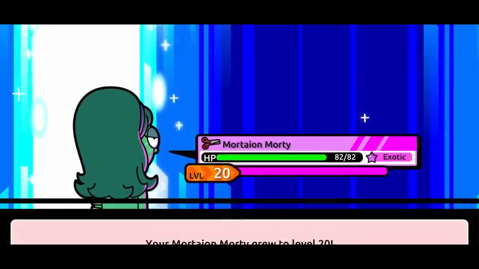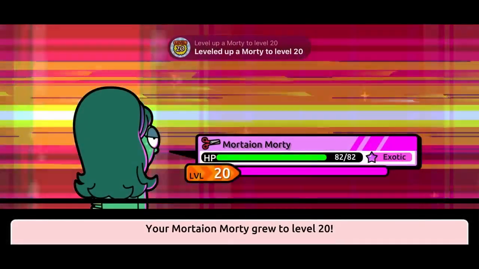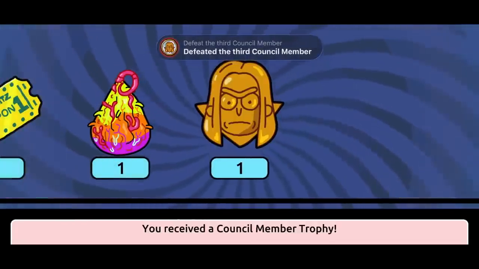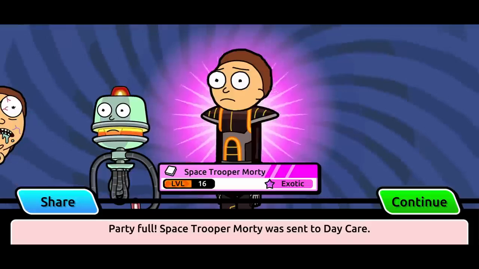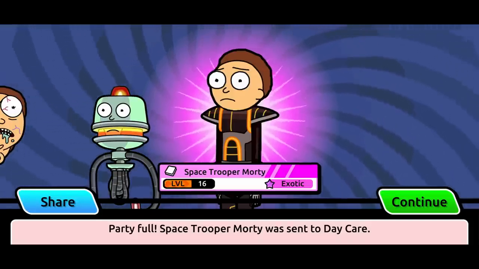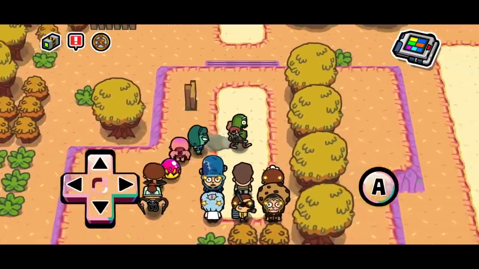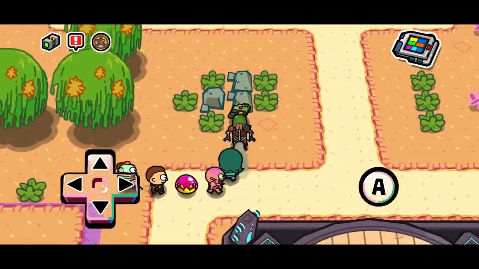And after defeating the Hammer Morty, Mortian Morty reached level 20, which unlocked another achievement. We're getting closer and closer to that 100%, and we unlocked another achievement after the council member had been beaten. And then I went to open another capsule, which again didn't give me anything that we needed on the team. So I headed straight back through the portal, as this time to get to the 4th council member, we'd need